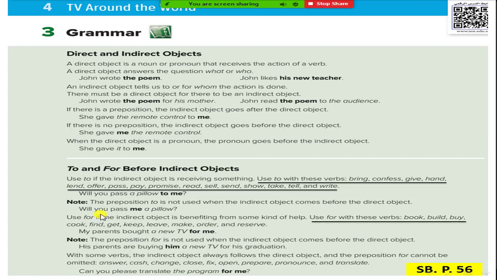And if the indirect object is benefiting from some kind of help,